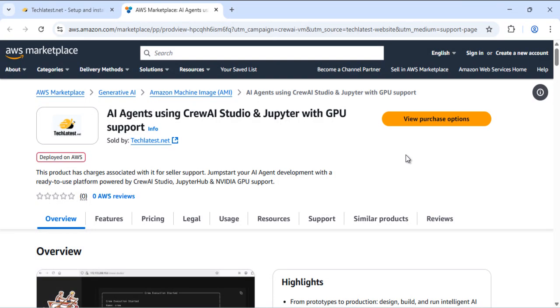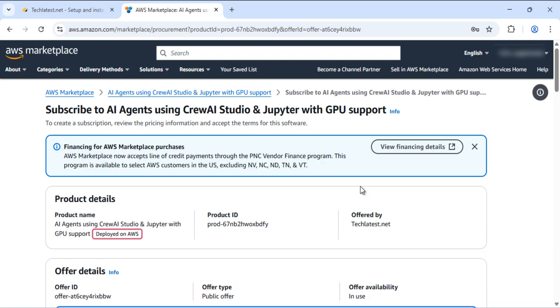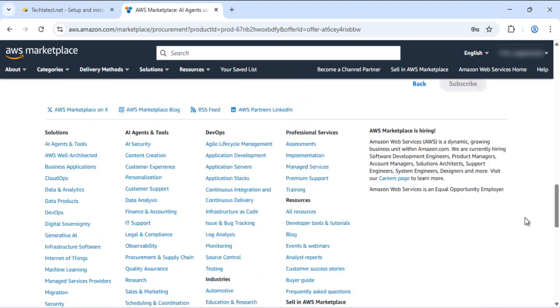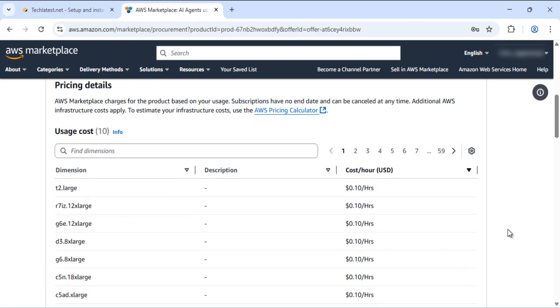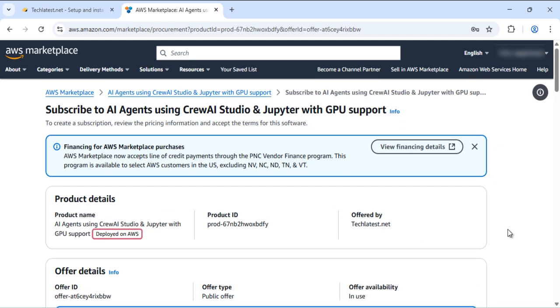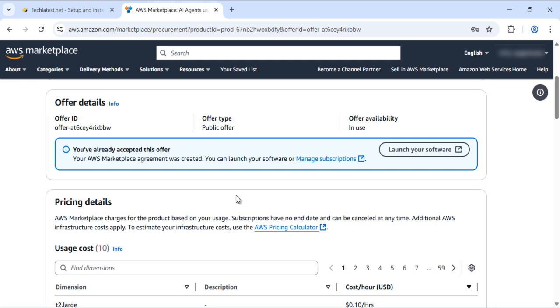Click on View purchase options here. It will take you to the login page. So log in with your credentials here. If you're accessing this solution for the first time, then this page will ask you to subscribe to the solution. So you can simply scroll down and click on the subscribe button. I'm already subscribed, so my subscribe button is disabled, and you can see this message here. Now once you subscribe to this solution, you will get this button here, Launch your software. Click on this